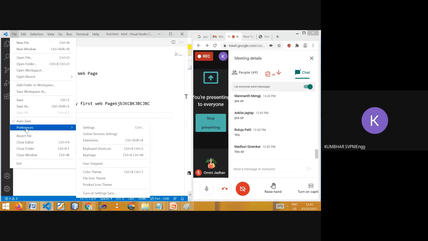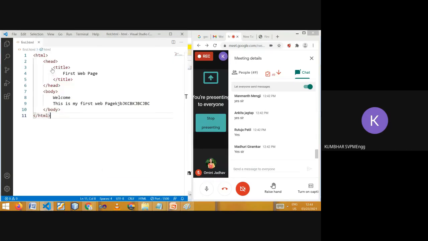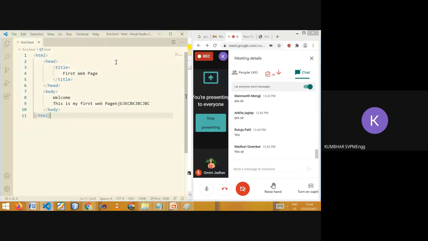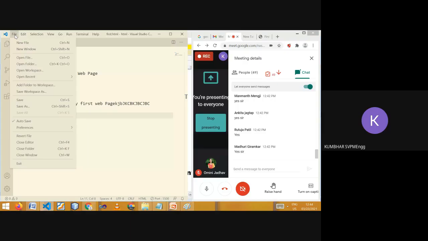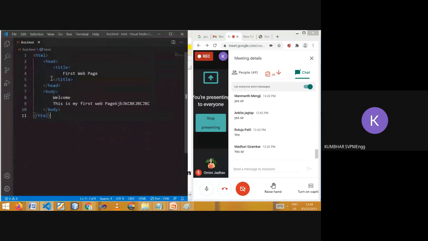Along with that, if you go into the preferences, you can change the color themes. As per your interest, you can go for different color themes. I hope you're observing whatever I'm changing. Some may like dark, or white, so it is up to your interest.